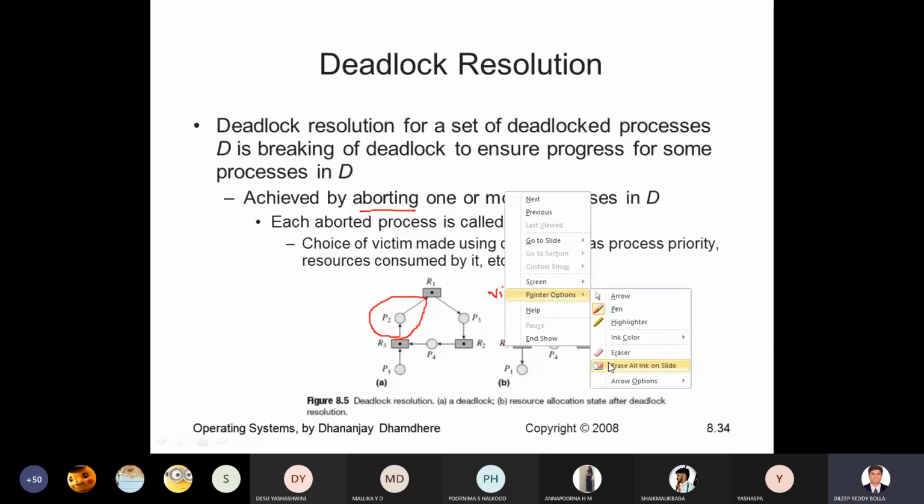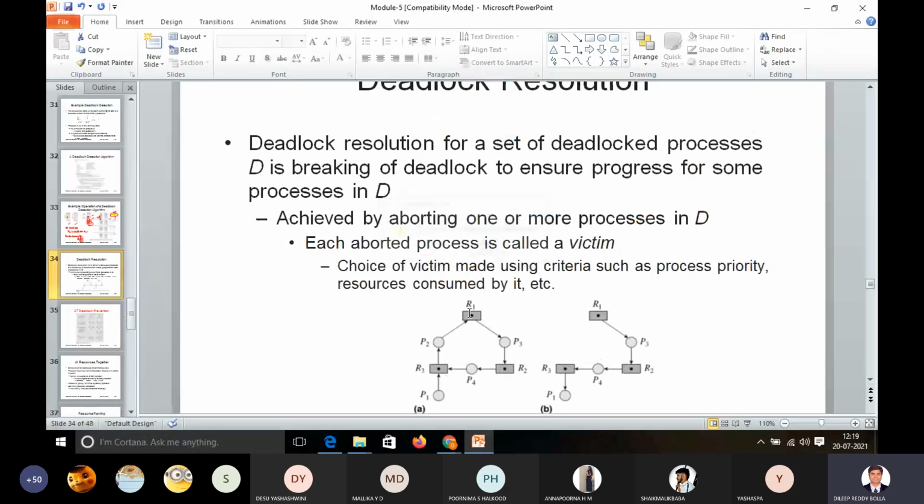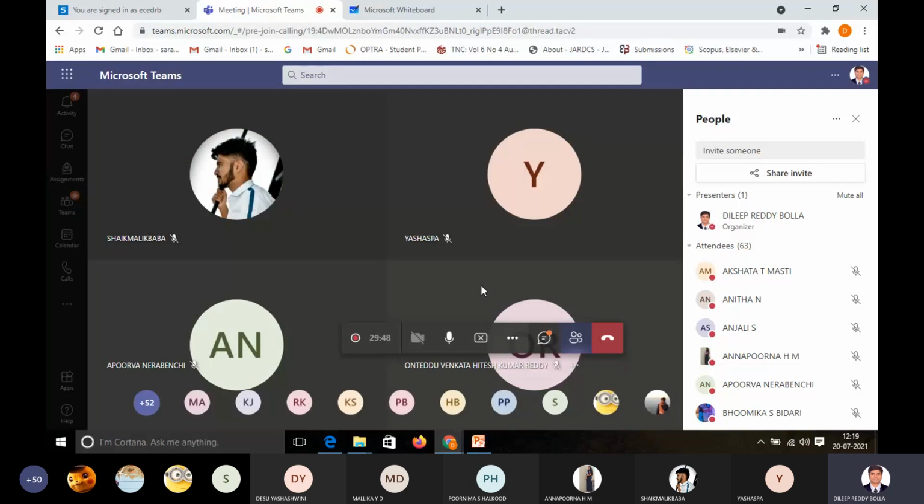Which one to take out has to be decided using process priorities. Which one to take first is decided by the process priority, because this is making the chain loop. Let us say you start from any one of these. P1 you start with, it's clear. Now P2. P2 is making the process complicated. Let us say we are aborting this. The rest of the processes will be working fine. This way, with the priority-based approach, we should abort the corresponding process. Any doubts in this aspect, deadlock resolution?